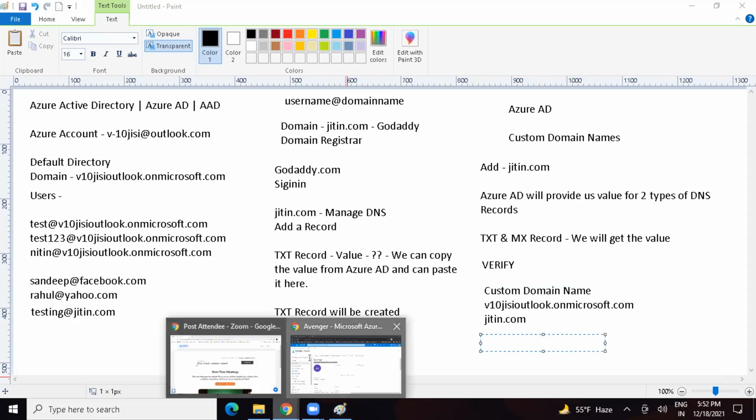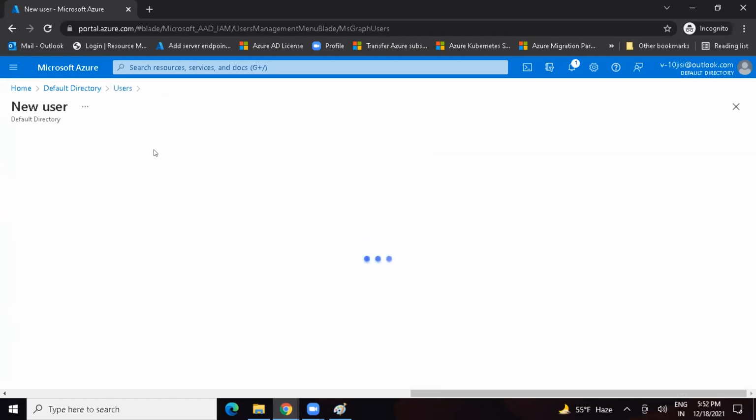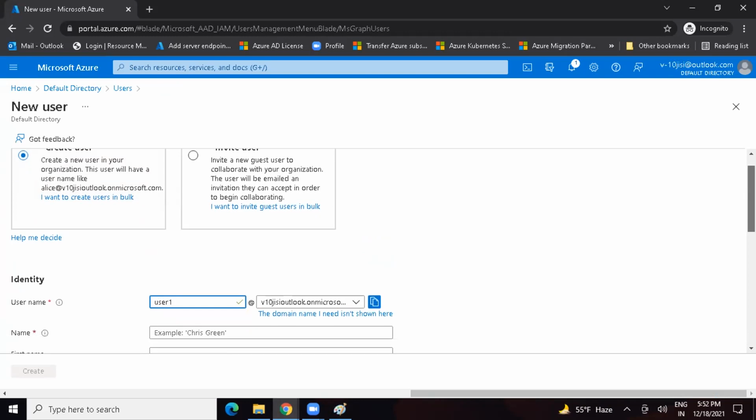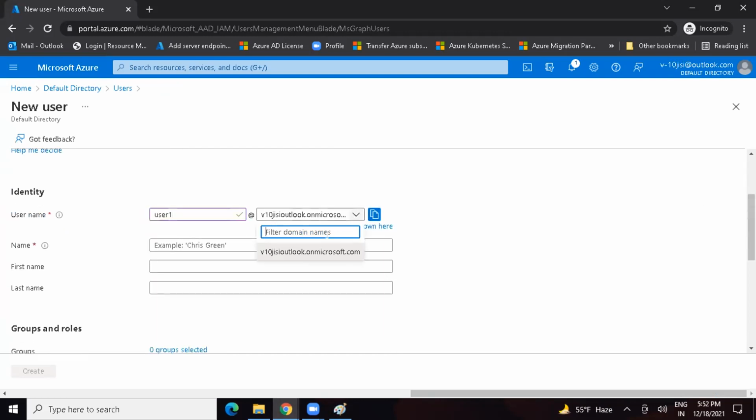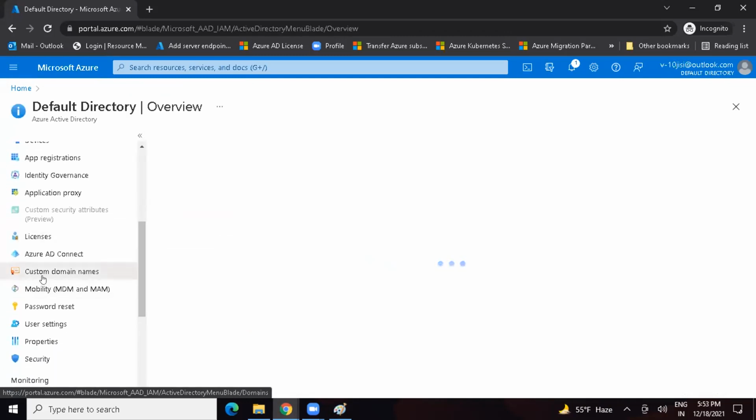See, what happens is, you can go to this Azure Active Directory. If you click on new user and try to create a username, let's say user number one, how many options do we get right now? We are only getting one option in this drop down, v10jisi outlook.onmicrosoft.com. No other option. But what will happen? If I go back to my Azure Active Directory and go to custom domain names,